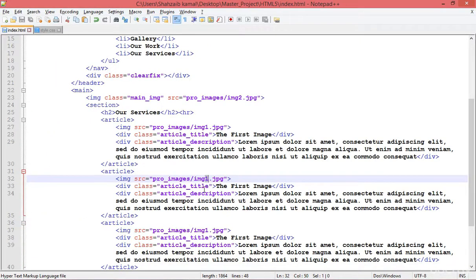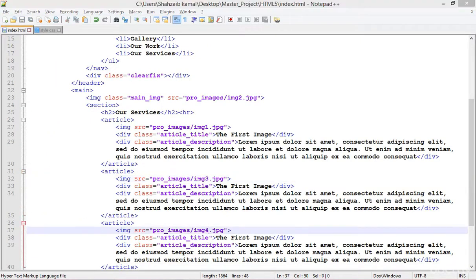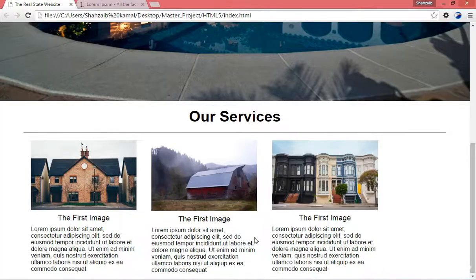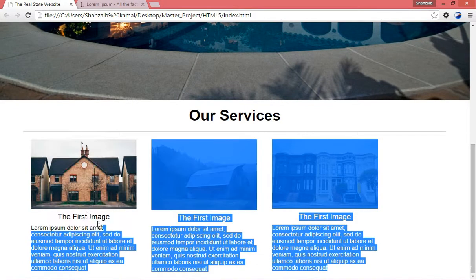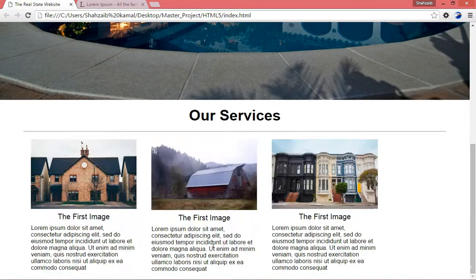I just need to put the div and create a class here, the clearfix, and save and then press enter and save and refresh. Now this is awesome. Well, what more I can do? I can